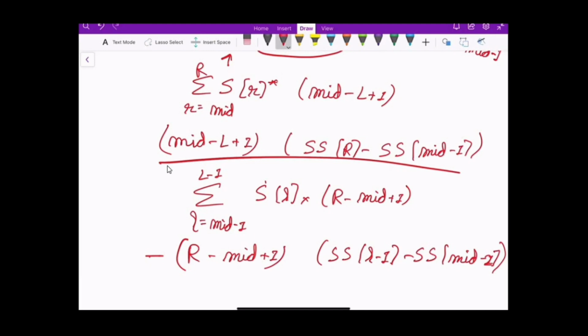But now notice that I had to find the ceil. So how can I find the ceil? Let's say the set of sums was 3, 3, 3. I cannot just add them and divide by 2. If I individually divide by 2 and take the ceil, my total will be 2 plus 2 plus 2, which is 6. And if I add all the numbers, 9, and then take the ceil, it will be 5.